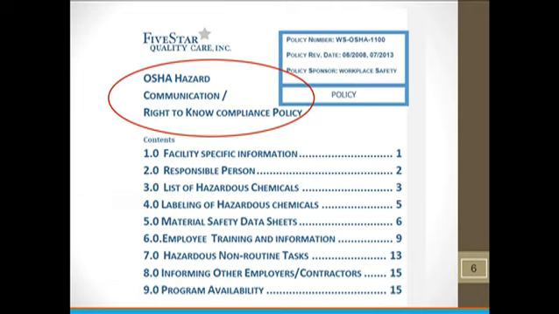5-Star Quality Care has developed a specific hazard communication policy and training program to protect all our employees and residents against any potentially hazardous chemical. It is our goal to protect you, our employees, when you are required to use any chemicals as part of your job. In addition, 5-Star is committed to selecting the least hazardous but still effective chemical, to providing education, training, and to provide personal protective equipment. The 5-Star policy meets the OSHA requirements of a formal hazard communication program and training.